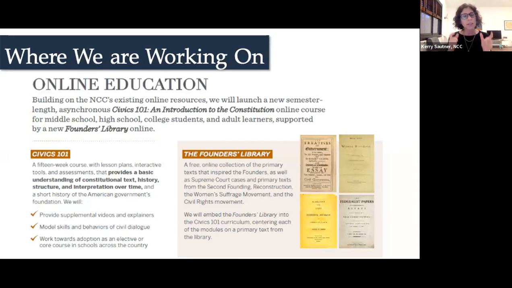We're starting with high school students. We're targeting a high school audience. It is going to be on the Constitution. It is going to begin with civil discourse and dialogue practice. It will then go into topics like principles of the American Revolution, foundations of the Constitutional Convention, all the way